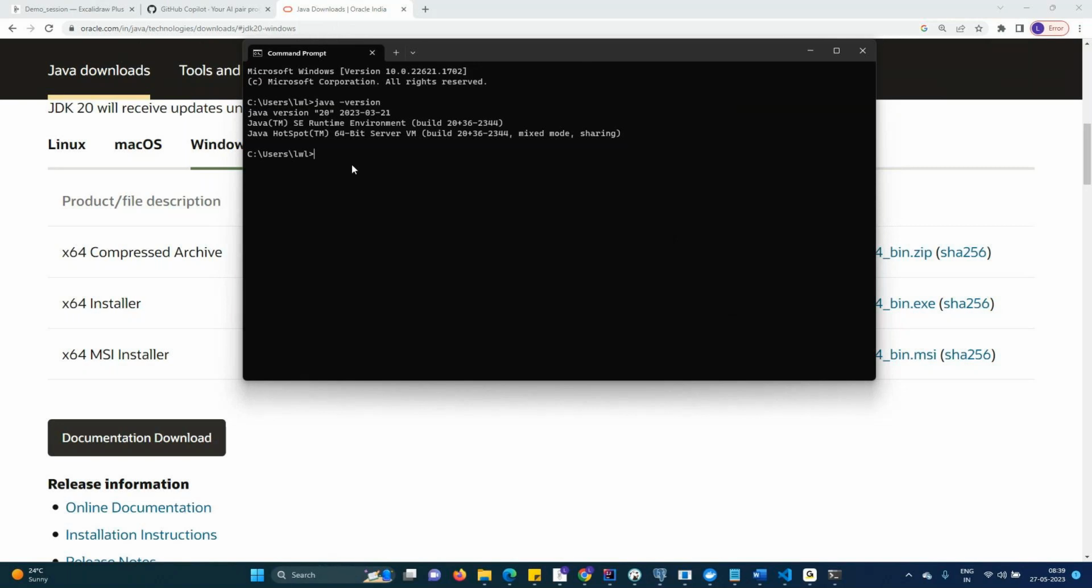Now, if you are using JDK 9 or later, you can install multiple versions in your laptop or in your server. So here we are going to use the latest version, JDK 20. Cool. Now, to test whether my JDK is working or not,